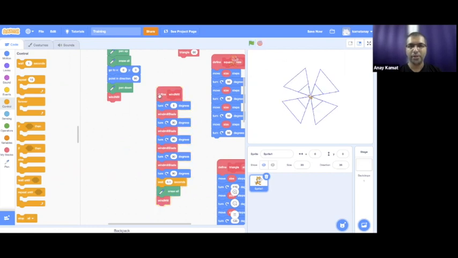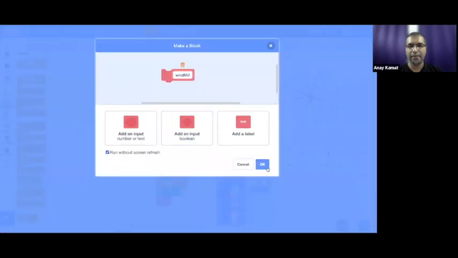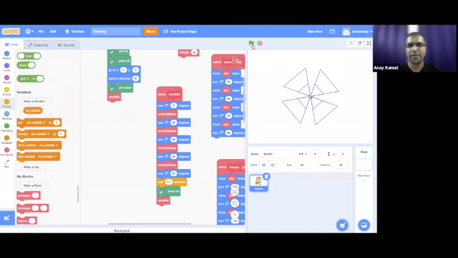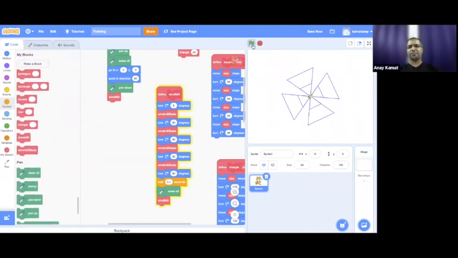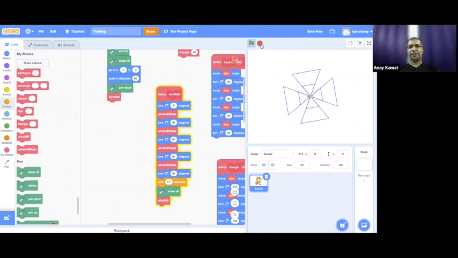In order to reduce that flickering, what we may just do is go to edit and say run without screen refresh. And there you go. We now have a smooth animation. If you want to make it even smoother, we can reduce our time. We can just say 0.01.